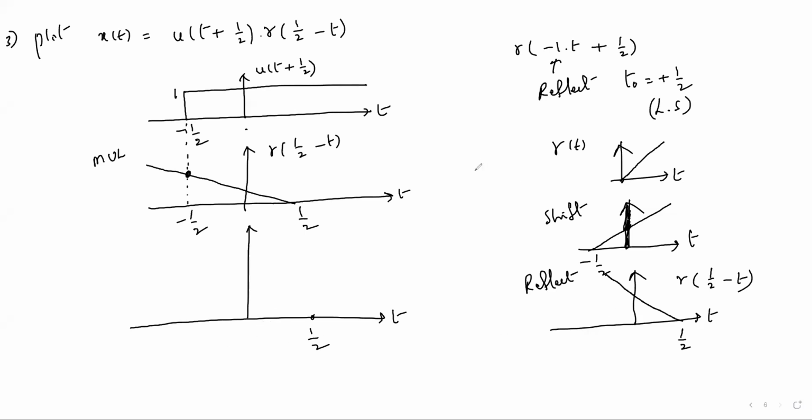Once again, ramp signal means slope is 1. Slope 1 meaning is on x-axis how much change, on y-axis is same change. So here on x-axis change is 1, so on y-axis also change should be 1, so that the amplitude should be 1 here. Fine. Now let us multiply these two signals.